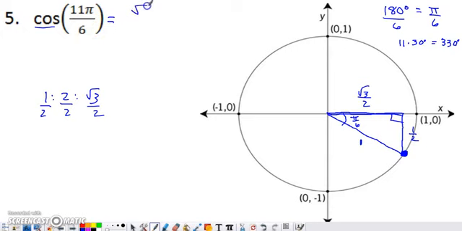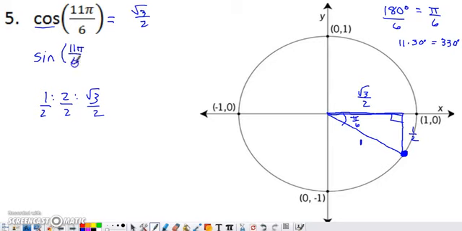And so this is actually a little easier than I thought going into it. We're going to end up with the square root of 3/2. We need the x-coordinate of this point, and we got that with a little bit of help from our 30, 60, 90 ratios. Now let's say, I know this wasn't the problem we started with, but watch how easy it is to adjust